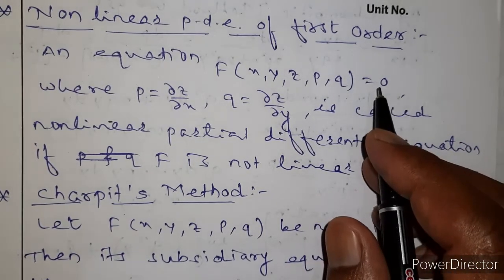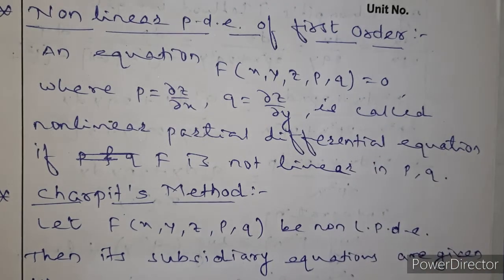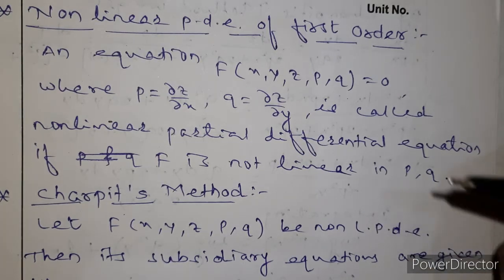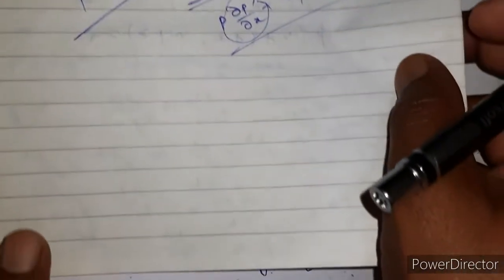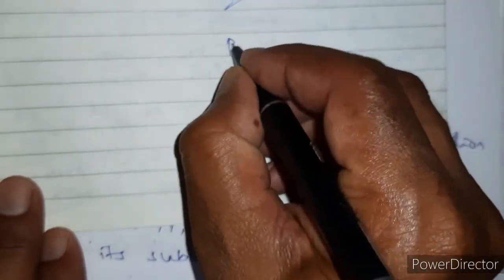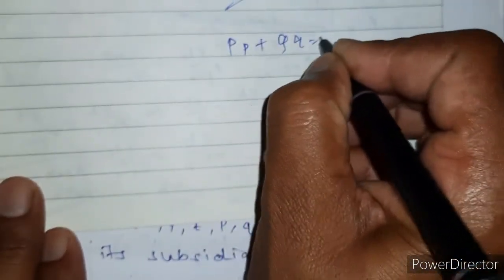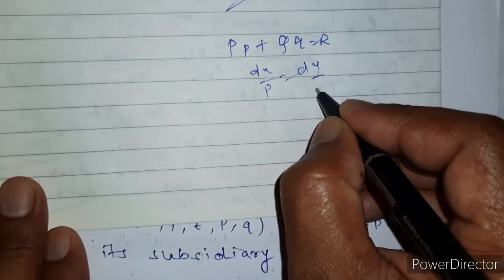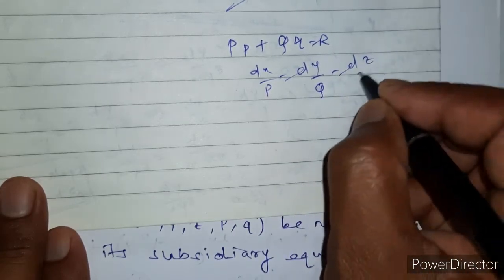Now to solve nonlinear partial differential equation, one famous method we use, and it is called Charpit method. So in our syllabus we have taken Charpit method, but it is without proof. Just we have to use formula of Charpit method and we have to solve the problem. Now as we know, the linear differential equation can be represented as dx upon, here I am writing, see carefully. If I have a linear differential equation P into p plus Q into q is equal to R, then we can write this as dx upon P, dy upon Q, and dz upon R.